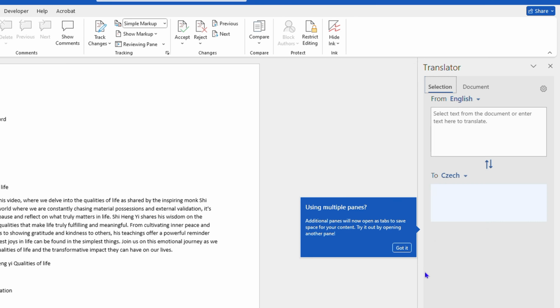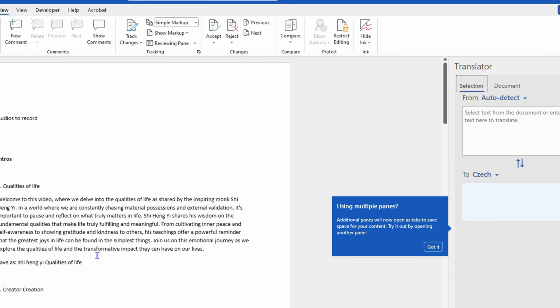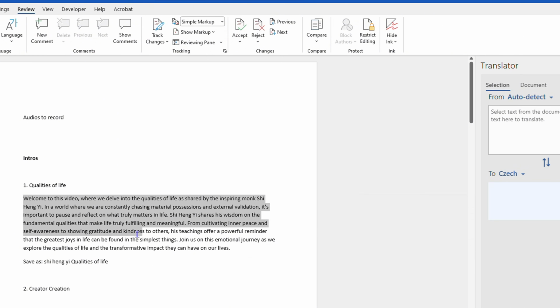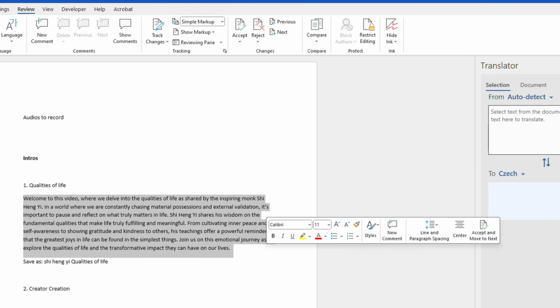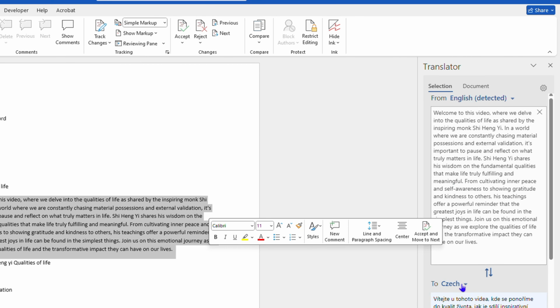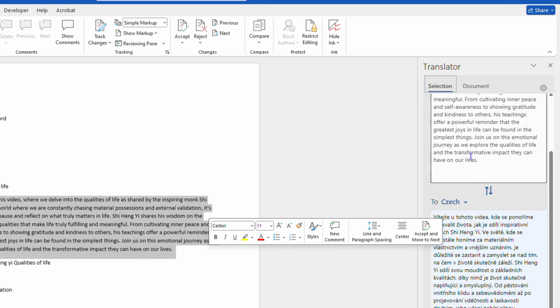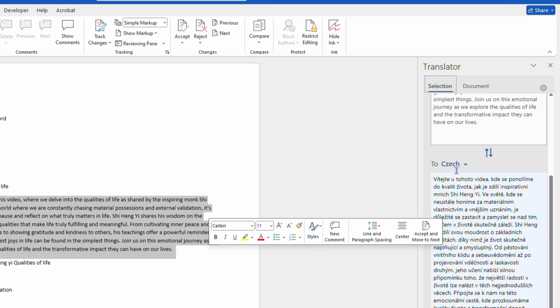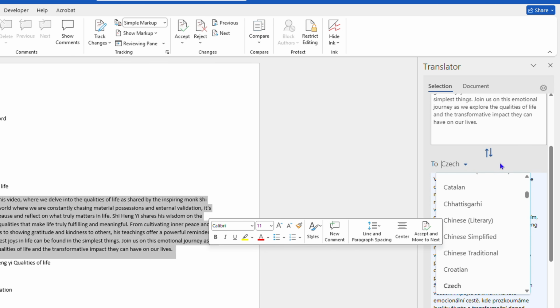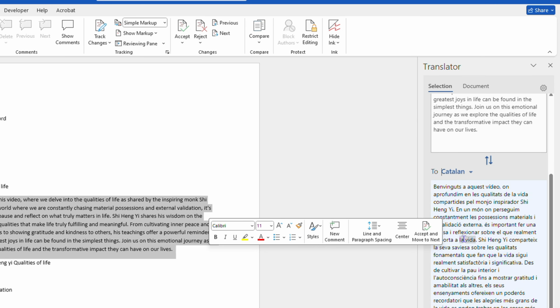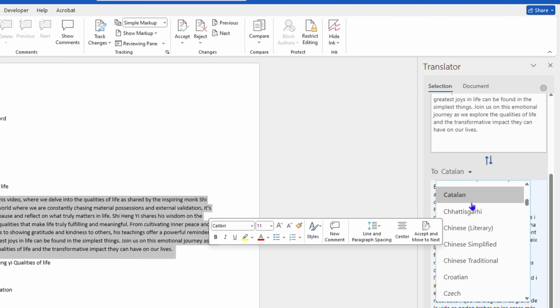If you click on that, you have the option now up here on the right hand side where you can translate. So I'm going to select, for example, this first paragraph here, and in order to translate this, you can choose the language where you want it to translate. As you can see, it automatically chose a language for me because I had something set there. But you have the from and you also have the to, so you can always change to whatever you want. So I can choose Catalan and it will go to like a Spanish,